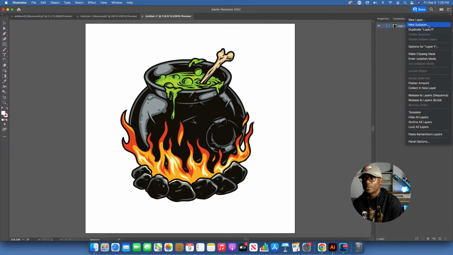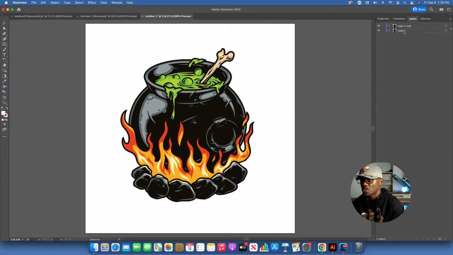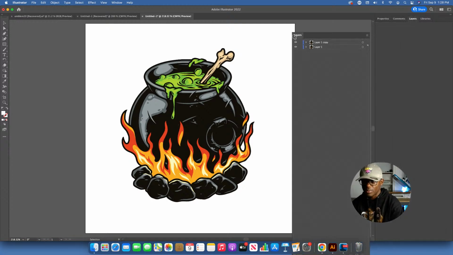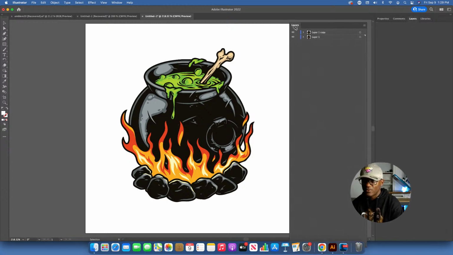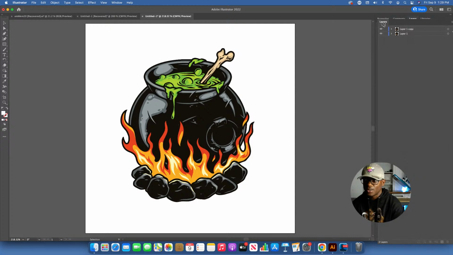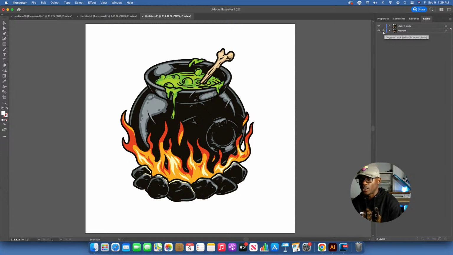So now, next thing I'm going to do, just duplicate this layer. Go to the hamburger menu here, duplicate layers. So you should have 2 layers now in your layer panel. Our layer panel is here. We have 2 layers now. All right, bam, bam, bam. This bottom layer here, we're going to double click and rename it to artwork. Okay, if you've seen this already, I'm just showing you one more time. And now we're going to lock this layer by hitting this square right there.